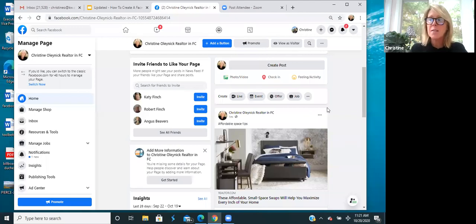Another little tip is you can promote your page on your personal page. Like say, please check out my Facebook page. They don't have to be a friend of yours. If you make this public, anybody can see it. But nobody right now knows it exists. So you have to invite friends and promote it.